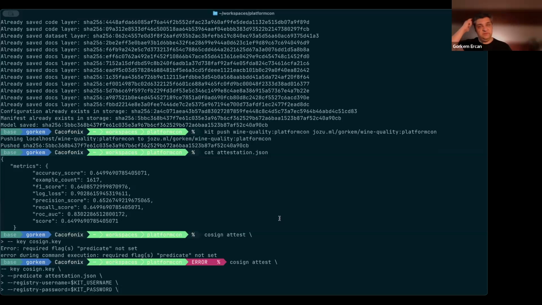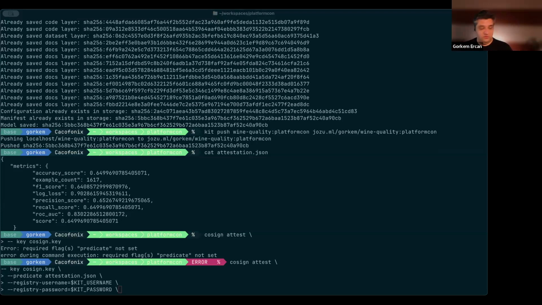This is really important, that we are able to push these things into an immutable storage, which is the registry itself. This way, we are basically guaranteeing that they are not tampered with.